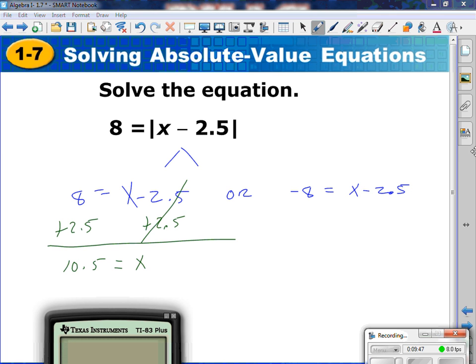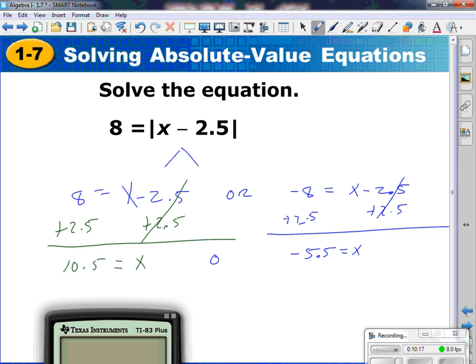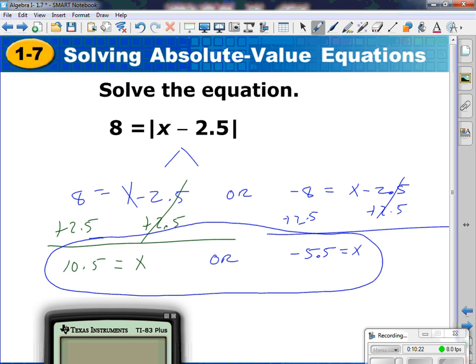Now on the other one, I'm going to need to add 2.5, add 2.5. Gone. X equals negative 8 plus 2.5. Okay, signs are different, so I need to subtract. What's 8 minus 2? 6. Take off half. 5.5. The bigger one's negative. Negative 5.5. Or in the middle, and I circle my answers. There you go. I know some of you grabbed a calculator, but I'm trying to get you to understand you